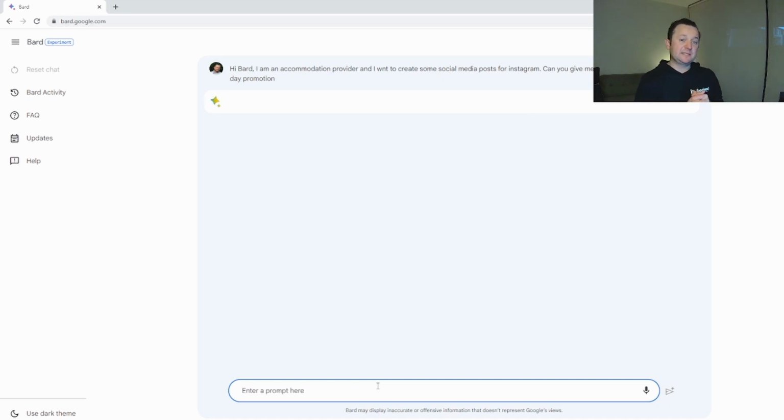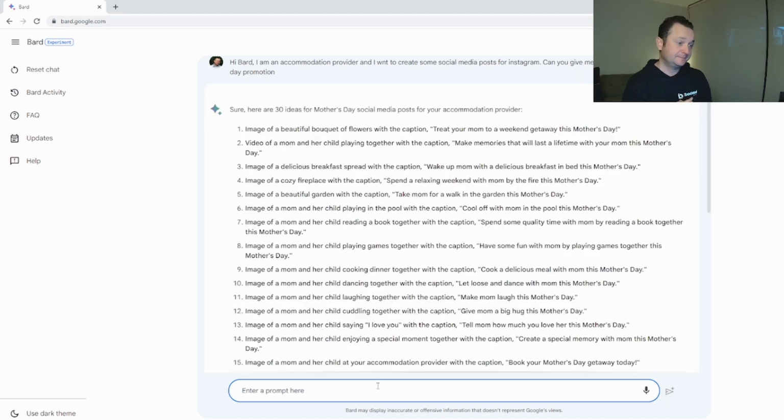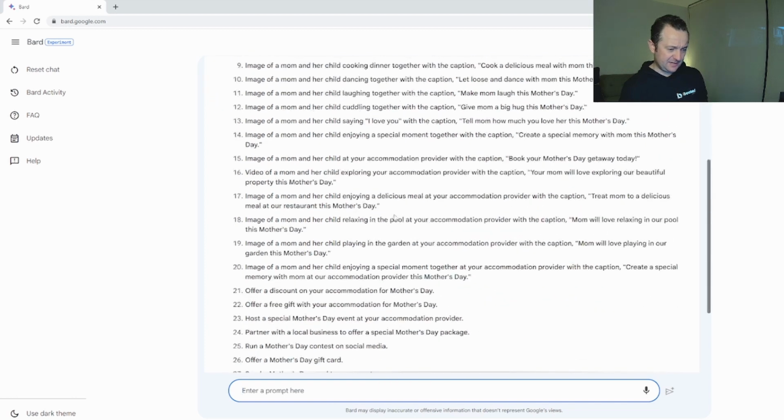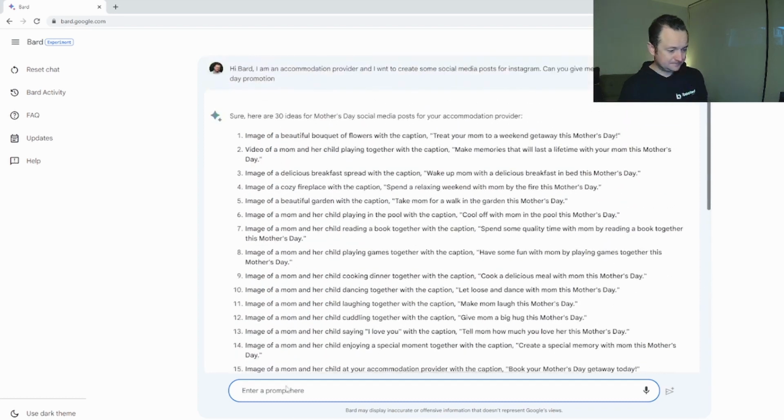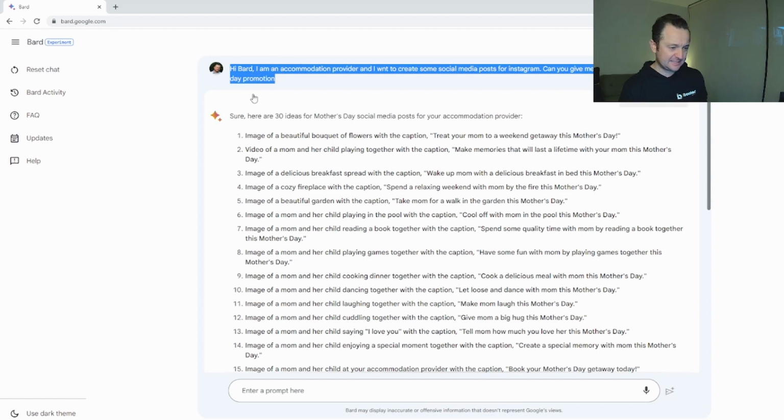First of all, it's a little bit slower. A lot of loading. Image of a beautiful bouquet of flowers with the caption, "Treat your mum till we can get away." Image of a thingo. Offer a free gift. Okay. Image of a mum and her child saying, "I love you," with the caption, "Tell mum how much you love her this Mother's Day." Okay, let's compare that to our wonderful, I guess I'm quite biased,